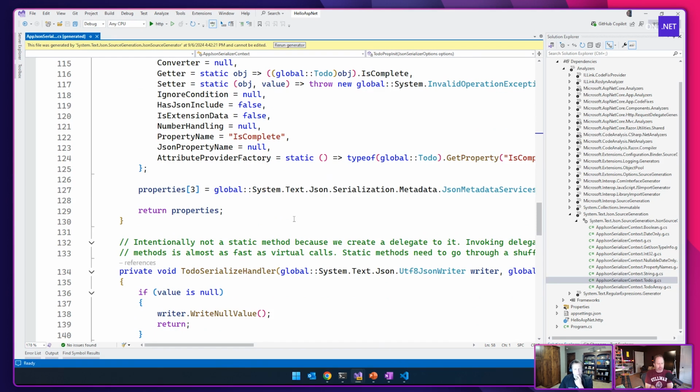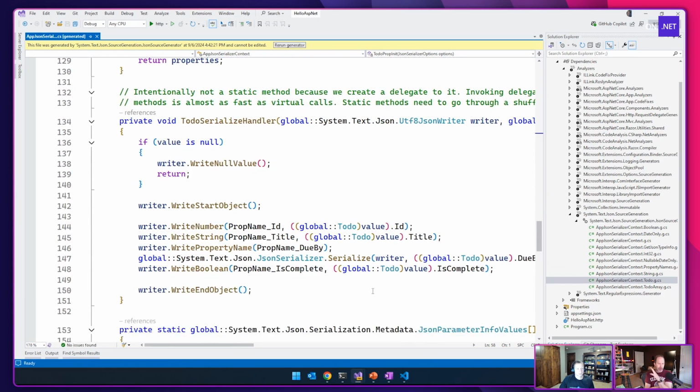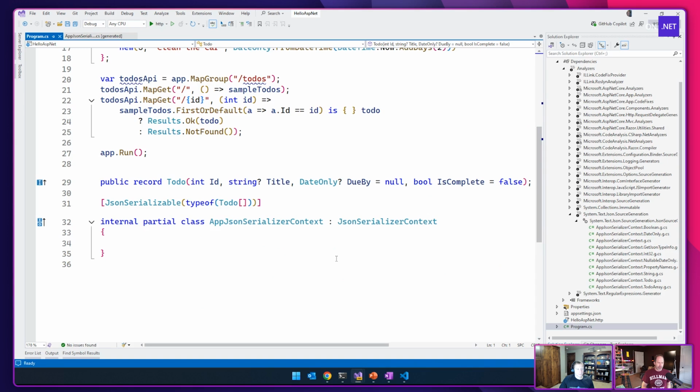So another example of people that work at Microsoft taking source generators for granted. There are .NET devs that are watching this, watching Deep .NET, that may not even know what a source generator is. We'll probably go and do a deep dive on those at some point as well. It's a super, super useful concept, and it allows you to do a lot of damage in a positive way.